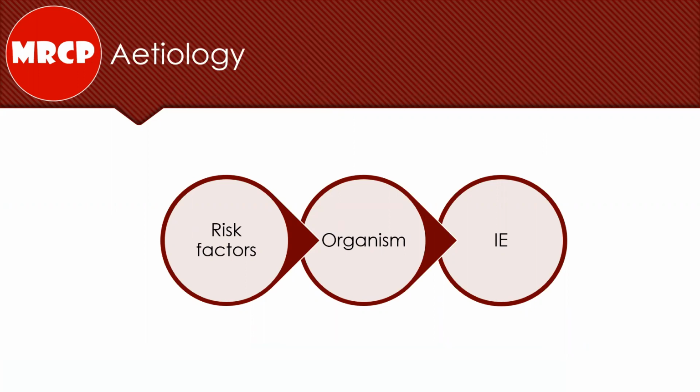We need a particular clinical setting or clinical scenario in which the organism can culture itself and cause, at the end of the day, infective endocarditis. You have to be aware of that. The clinical scenario of endocarditis is a classical one, but you have to have both elements. You have to have some patient characteristic, and at the same time a particular organism attacking the valves. By mixing both together, you can reach infective endocarditis.